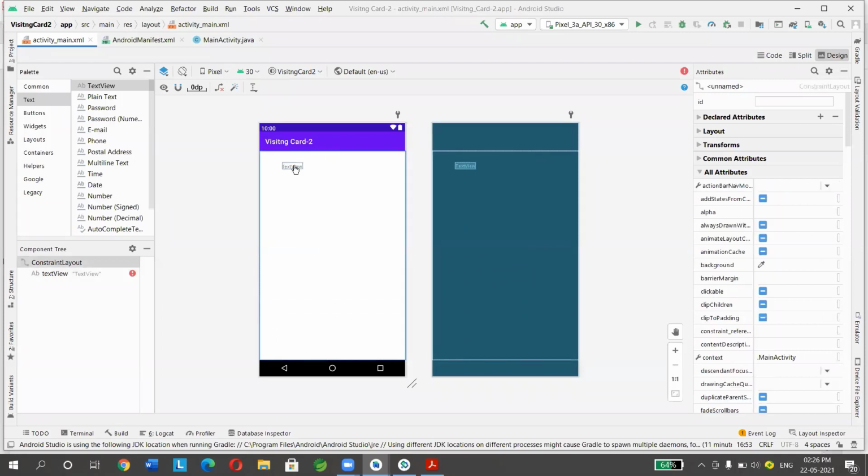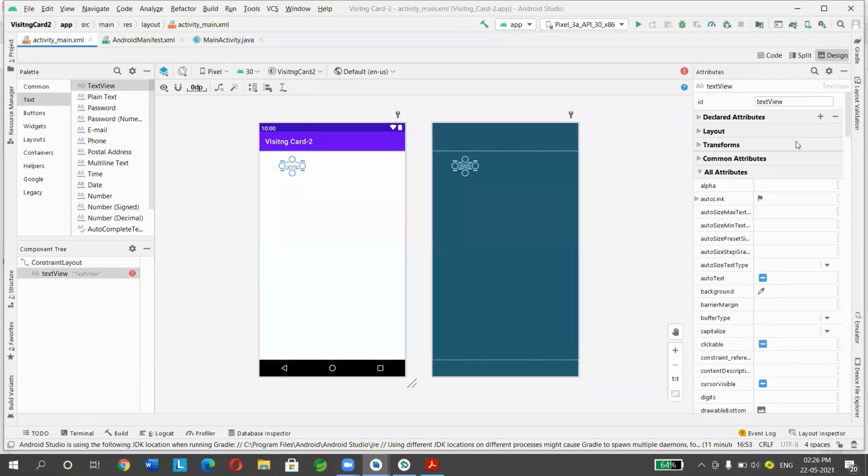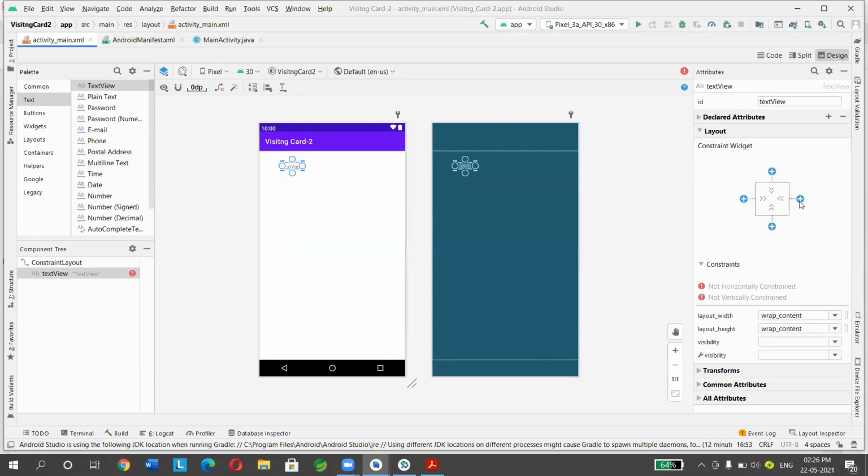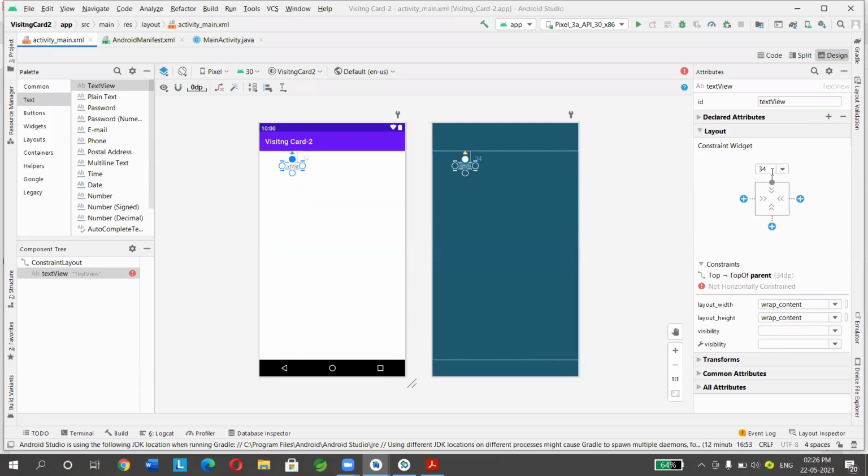click on this text view and on the right hand side, you can see the attributes. We have different options. Click on layout. Here also you can set the constraints, like what should be the left side, right side, etc. So in the top, if you want, you can set say 25 or say 40, that is too much.